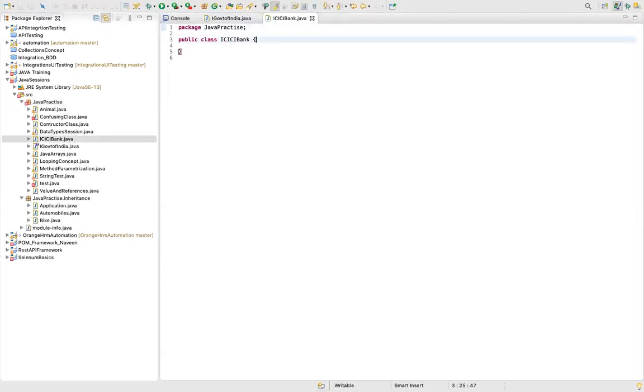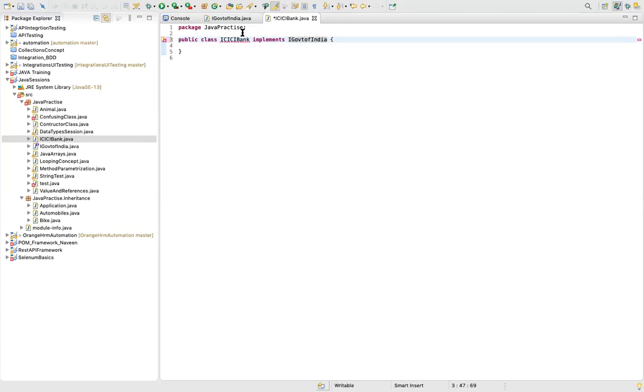Okay. So first of all, if I'm opening a bank, I will have to implement what is defined in my interface. So I would say implements. Guys, for extending, we used to use the keyword extends, right? But here we are using the keyword implements. And what's the name? I Government of India. This is the name of the interface.